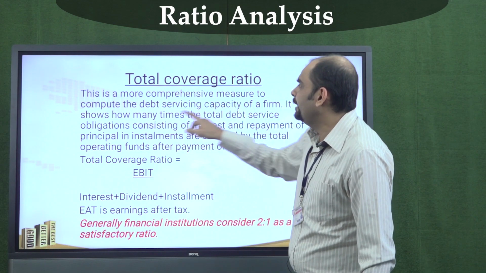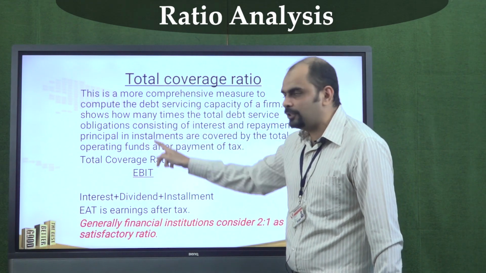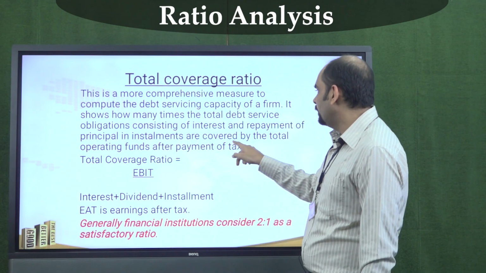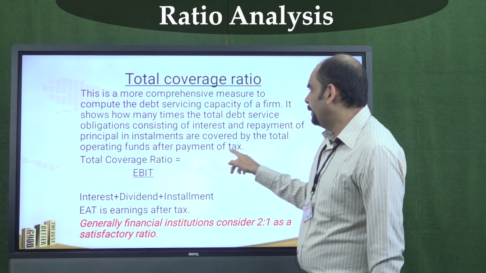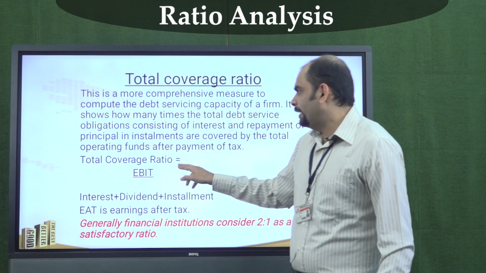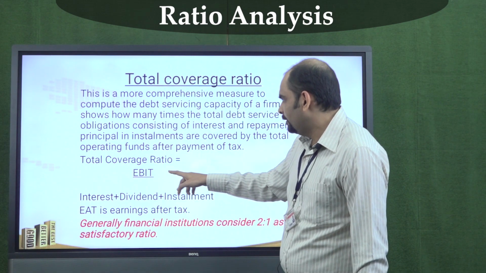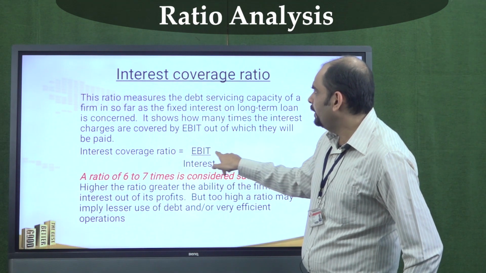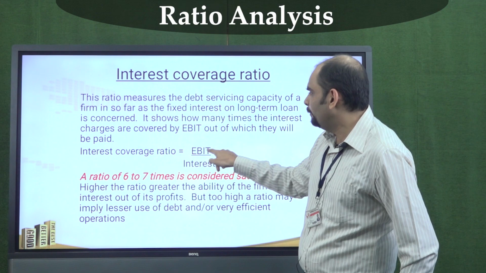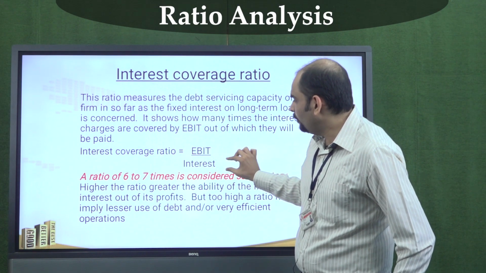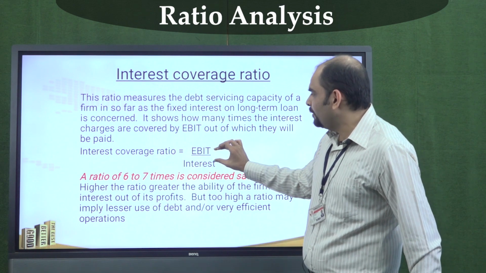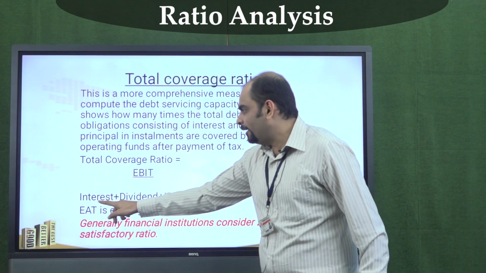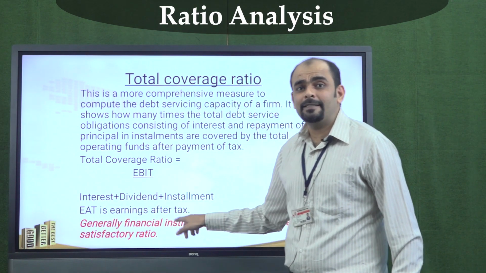Here it is saying it shows how many times the total debt service obligation, consisting of interest and repayment of principal in installments, is covered by the total operating funds after repayment of tax. So total coverage ratio is equal to EBIT. Here you had only interest, earnings before interest and tax. You have to compare how many times more your profit is as compared to interest. Now here you are not just taking only interest into consideration, but all the payments that you have to make out of the